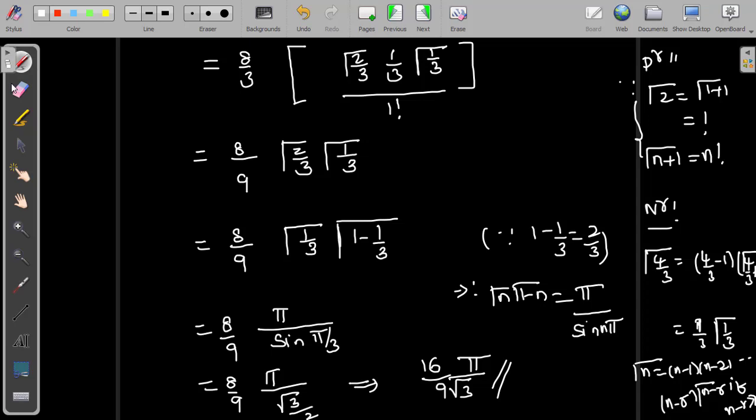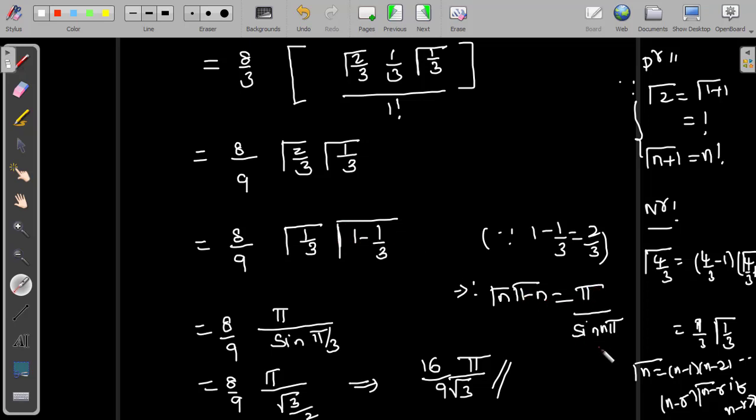Okay students, I repeat again, maybe there is confusion here. This 1 by 3 is the same, this gamma 2 by 3 is the same, but this 3 I multiplied with 3, giving 9, so 8 by 9. After that this result is left. Again this 1 by 3 I have written over here, but this gamma 2 by 3 can be written as 1 minus 1 by 3. If you simplify again you will get back 2 by 3. So it is like gamma 1 by 3 times gamma of 1 minus 1 by 3, in this format.